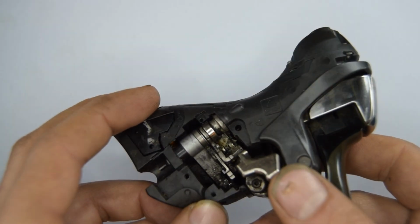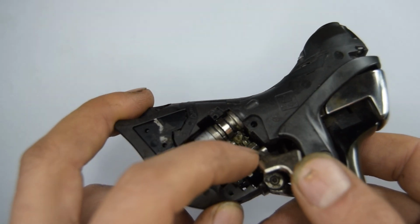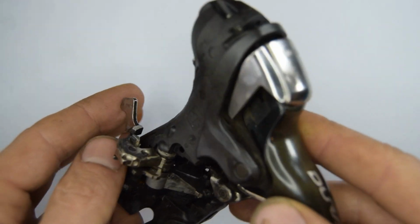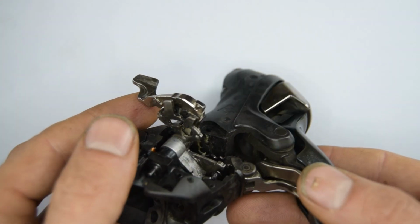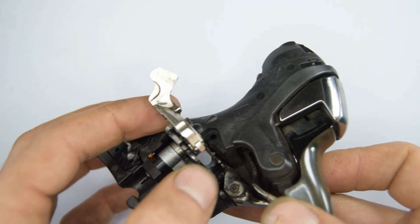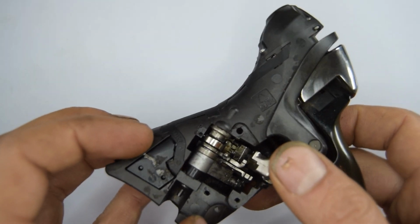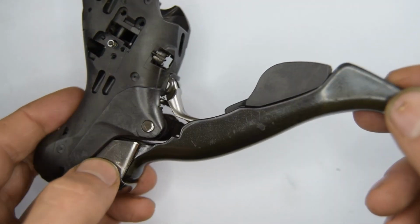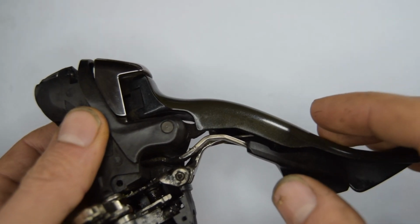If you do start to work on these, it's kind of annoying getting these back into the correct position. The type of, I don't know what you would call this, some kind of arms attached to the sprocket. You have to go behind and click things in a certain position to get them to click back down again. Anyway, now that I've rambled a little bit,